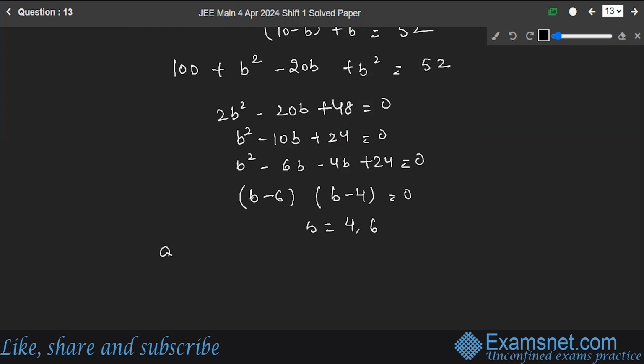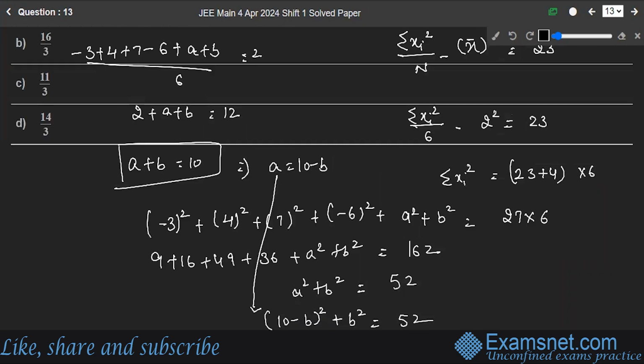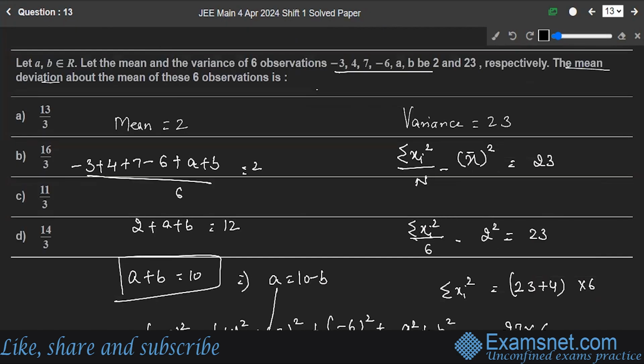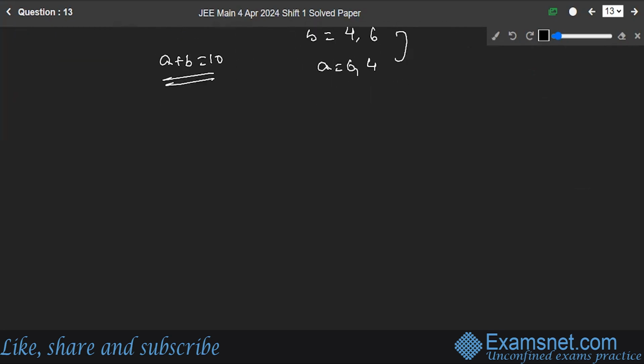See, a plus b was equal to 10. So that means either a will be 6 or 4 correspondingly. Correct. So these are two values I got for a and b. Now what you have to find out is mean deviation about the mean for these 6 observations. So let's calculate mean deviation